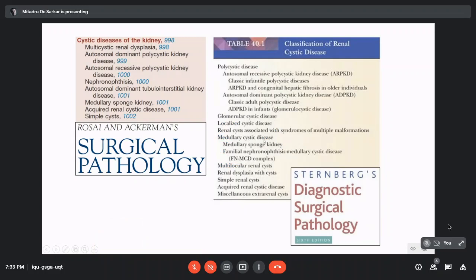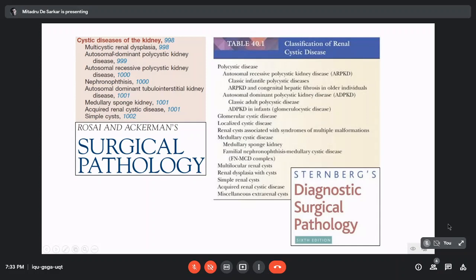Since this lecture is aimed towards the PGs, I have taken some time off to talk a little bit about the two important textbooks in our PG curriculum and the focus on the cystic diseases which is given in these two textbooks. If you look at Rosai and Ackerman, the cystic diseases of the kidney is given kind of short shrift. I think he finishes it off within 6 to 7 pages,